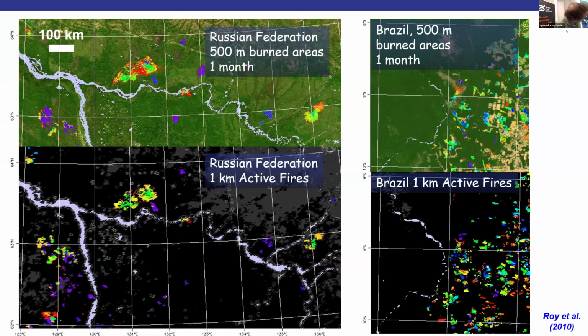Although in the heat of the day, the cleared patches surrounded by the cooler forest can actually look like a fire, even if they're not on fire. So those are false alarms. So basically the problem of identifying these things from satellite Earth observation is just a problem of minimizing errors of omission and commission.